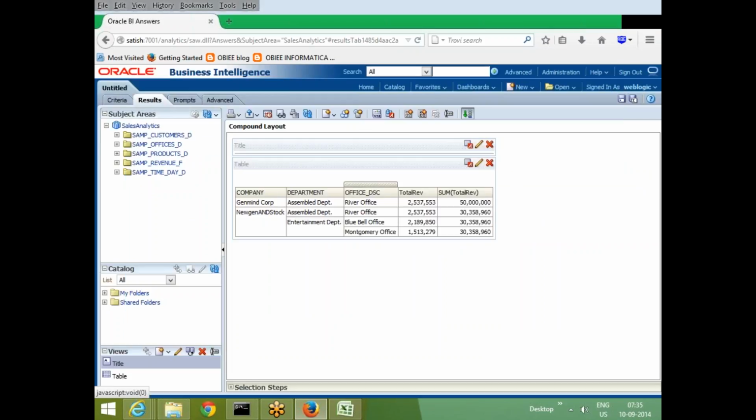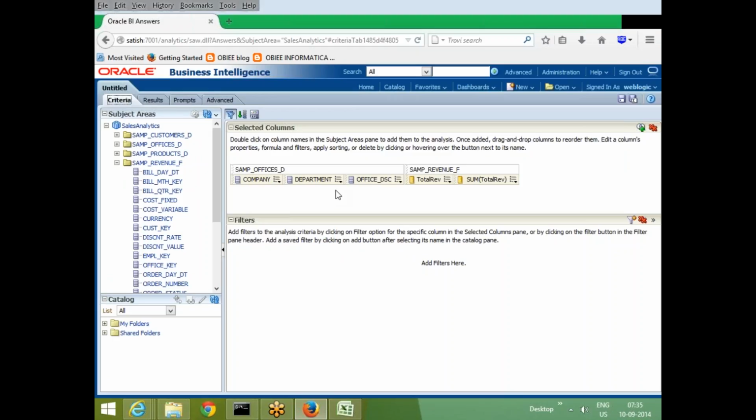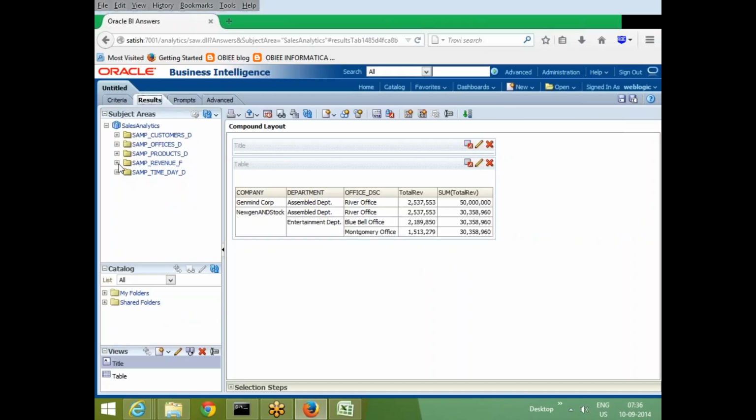Now we have a report like this. If I go to criteria and add one more column here, that option will decide whether you want to add this column in every view. Right now I already have one view, which you know already. So when I add this column in the criteria tab, do you want this column to be replaced in every existing view, or do you want to show it only in new views? Okay, let's say for example, if I add any column here in the criteria tab,